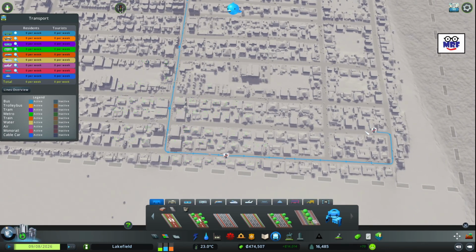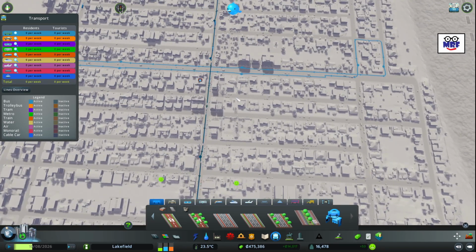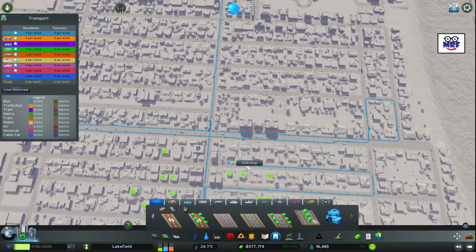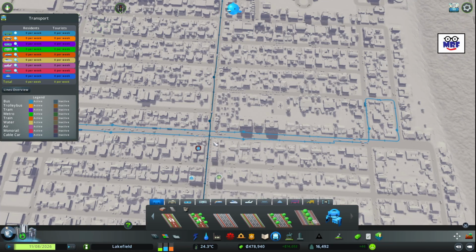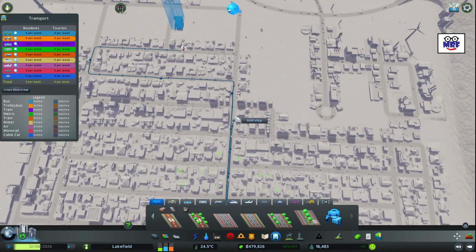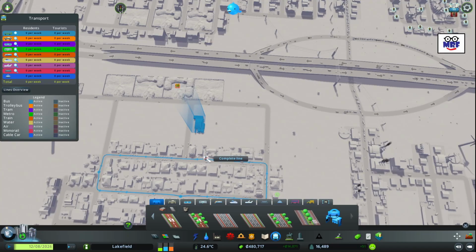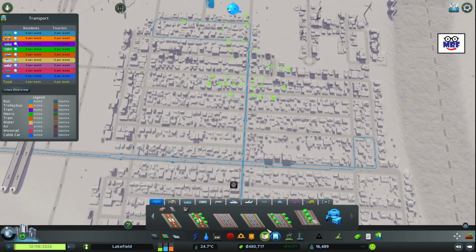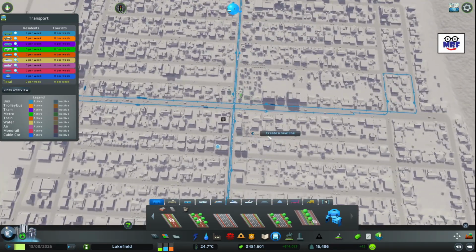And maybe I will go all the way to the end, back, loop around. And although I've put bus stops generally opposite each other, they don't have to be that way. I could put this bus stop, for example, here. But where there's transfers, like you would in a major city, you'd want those bus stops to generally be close together. So I'll put one there, and there, and then up here, and then we'll close the loop. So there, we've built our first grid system